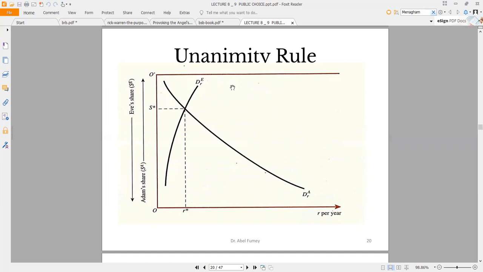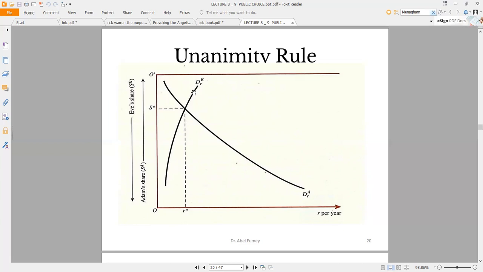And then if you take Eve, this is the demand curve for Eve. But for Eve, her tax share starts from 0 prime, and it increases as we move down. As we are moving down the vertical axis, Eve's tax share will be increasing. So the demand curve is upward sloping, which means that whilst we are moving down, the tax share is increasing, and as a result, you'll be reducing the quantity of street light that she will demand. But as we are moving up, the tax share decreases, so she will be willing to demand more units